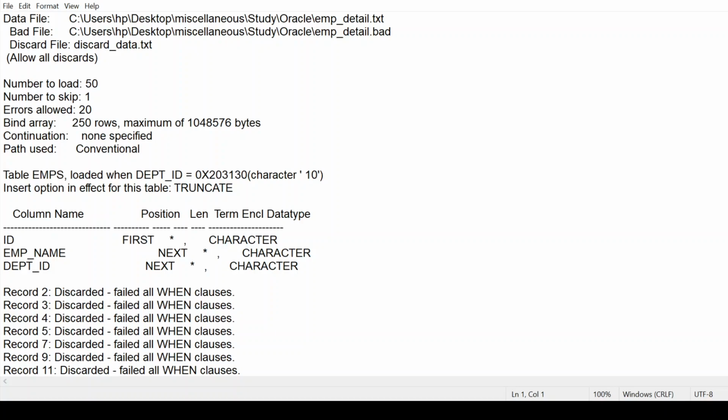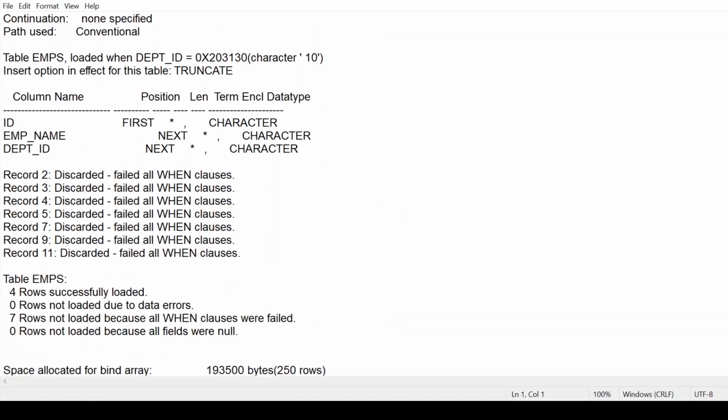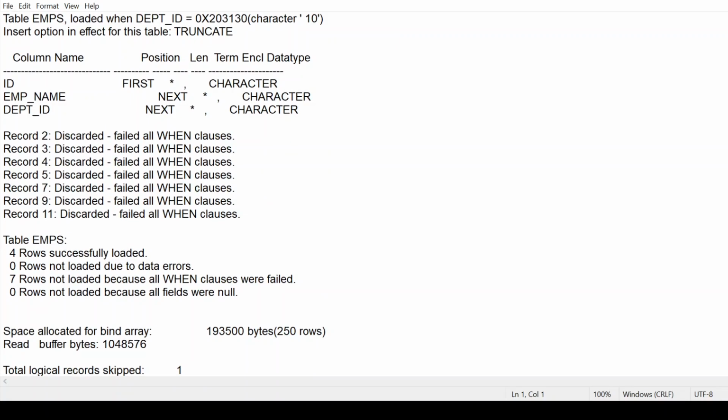We use the truncate keyword. Then it shows records 2, 3, 4, 5, 7, 9 and 11. These are discarded and filled by the when clause. According to the condition we put inside the when clause, these are filtered to load.